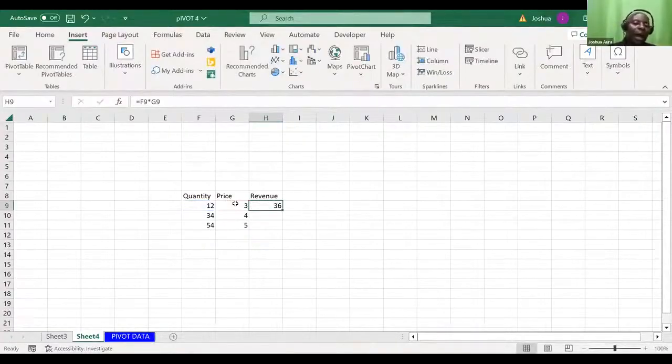Ladies and gentlemen, how do I autofill the others down here? Or do you want to tell me that now for the other two I have to keep on saying equals? No. I mean, Excel is quite a powerful tool. It picks these formulas and saves them, and we shall be able to reuse them.